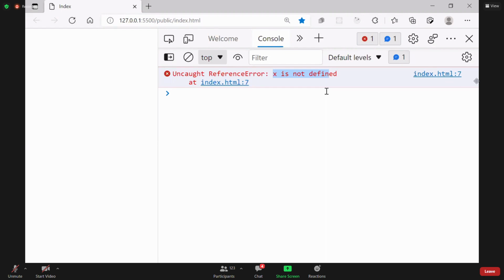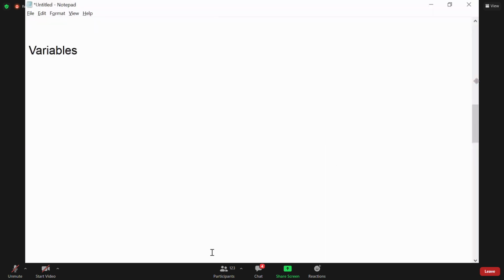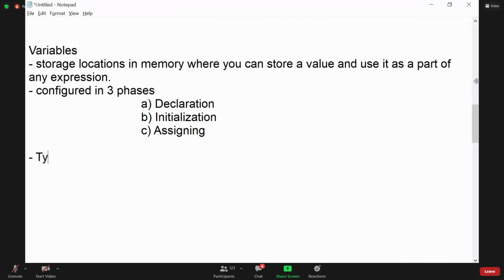Otherwise you can directly assign. But TypeScript is in strict mode. In TypeScript, declaring a variable is mandatory. Understood?